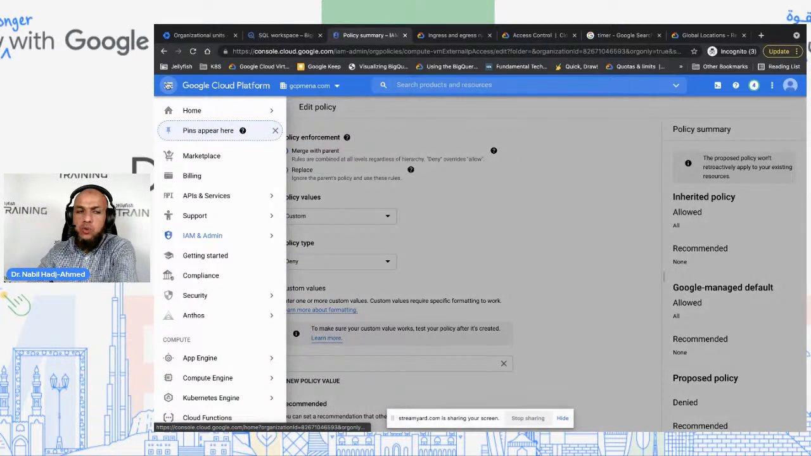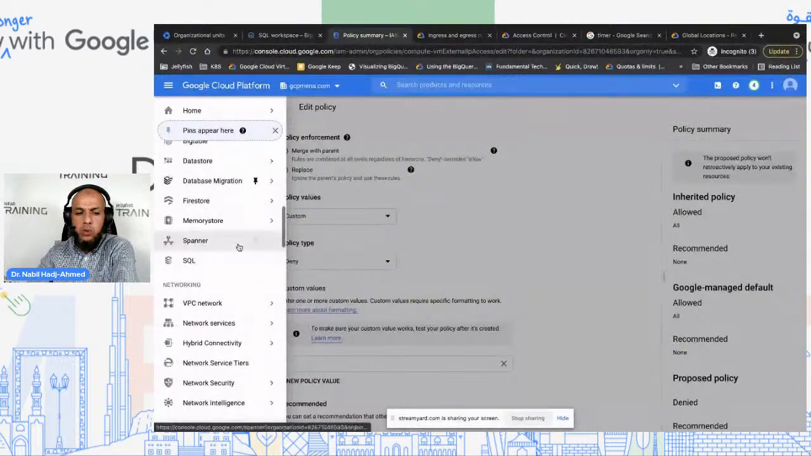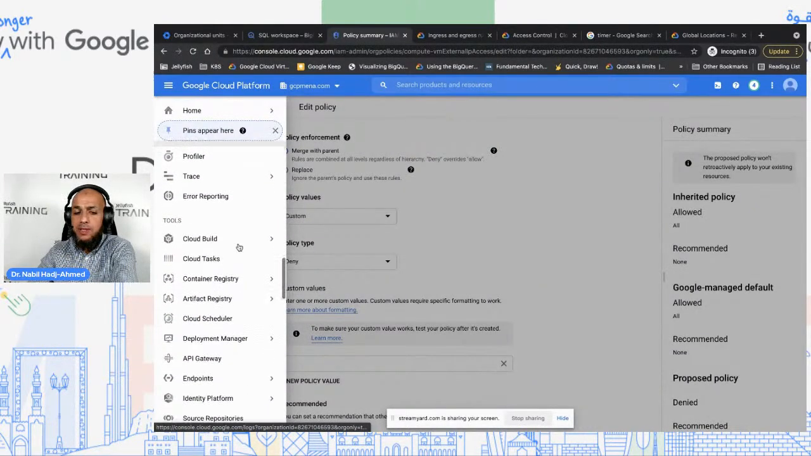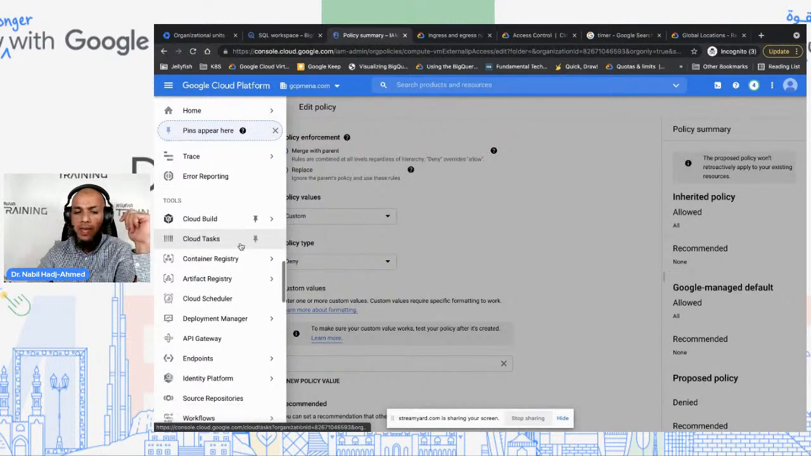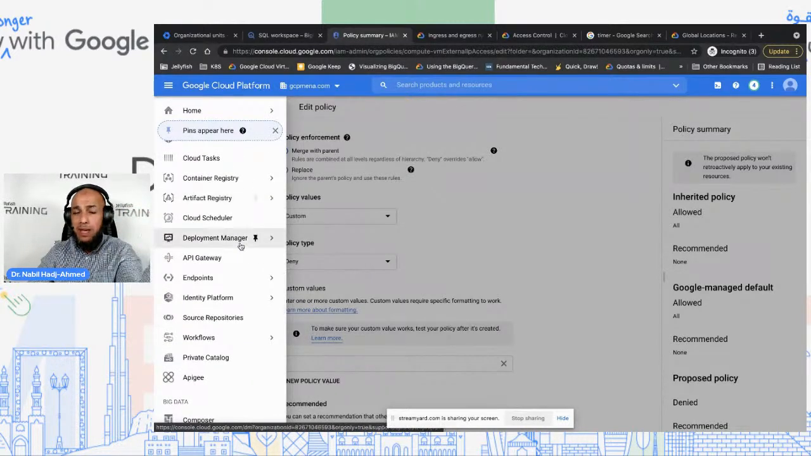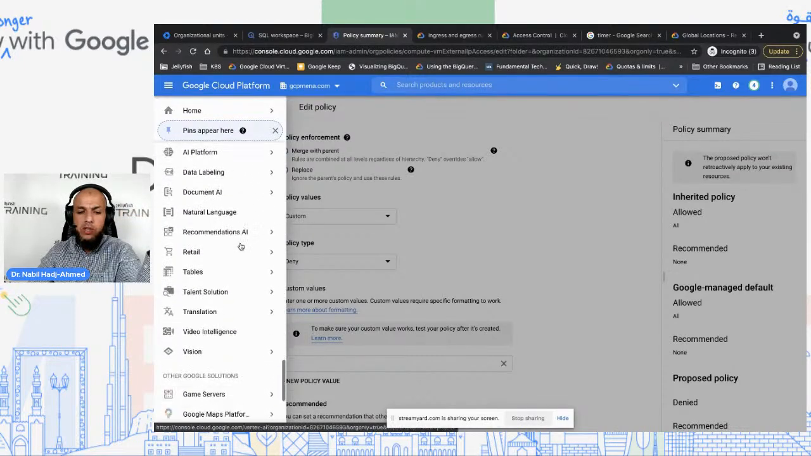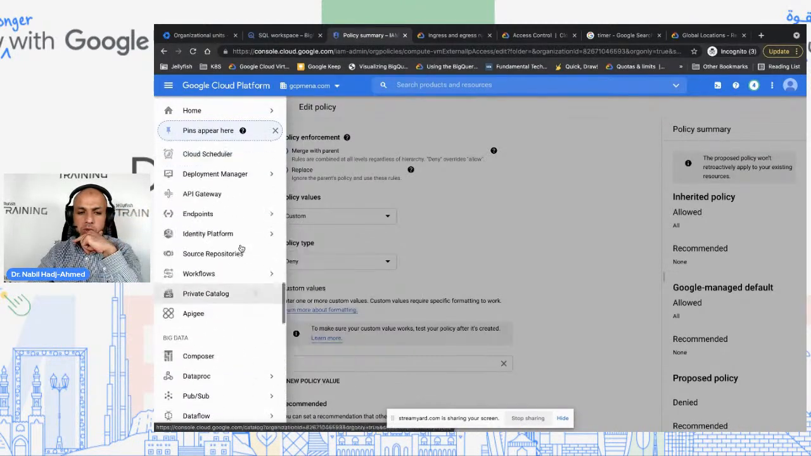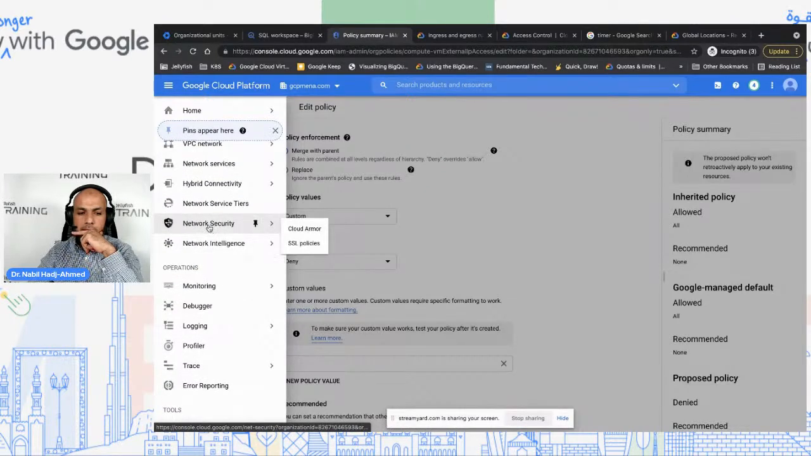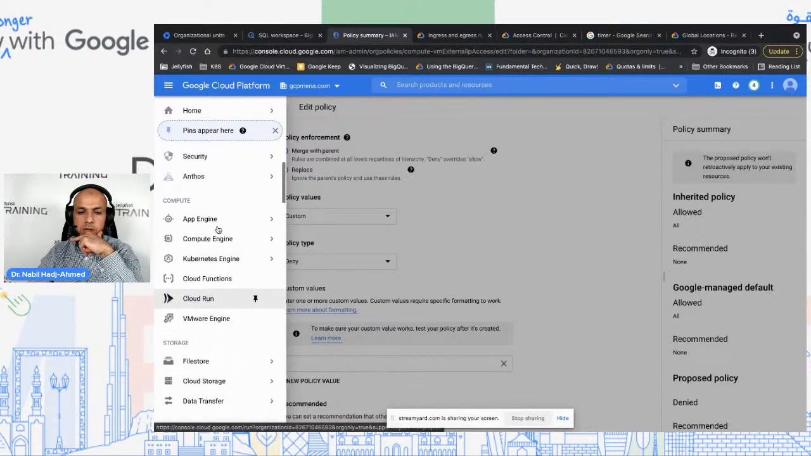Now, going back to service controls, that perimeter that I was talking about. Because the firewall rules only apply on VMs, how do I control access to my managed services, serverless services? This is what we call service control. So if I go to security,